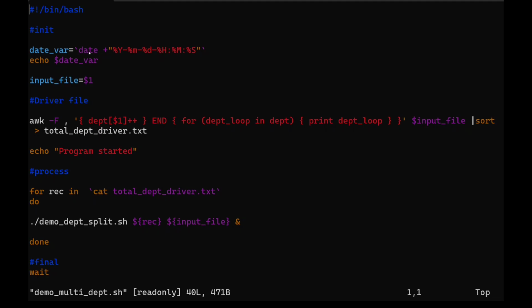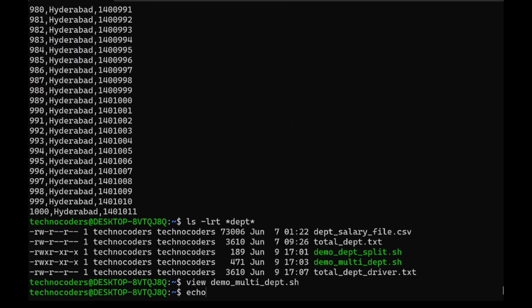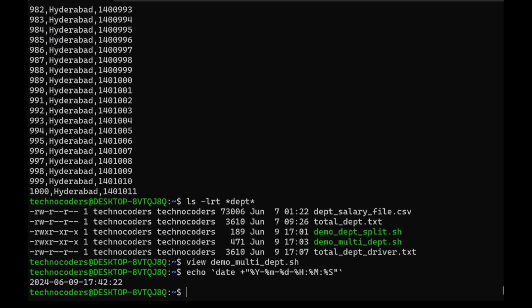What I am extracting from date is year, month, date, hour, minutes and seconds. So for example, if I run this command, it will give me the given format. Let me show you with this example. If I echo and print the output of this command, you can see Y is for year, M is for month, D is for day, H is for hour, M is for minute, S is for second. Okay, so this is how you will be